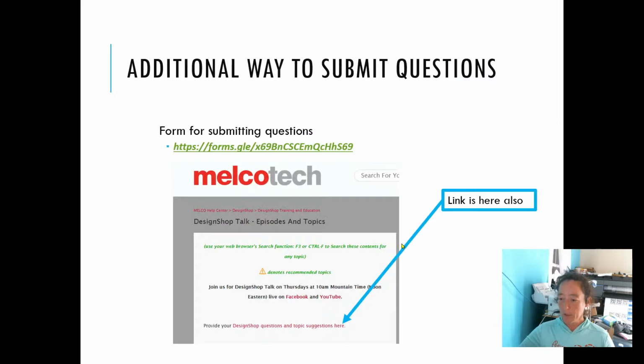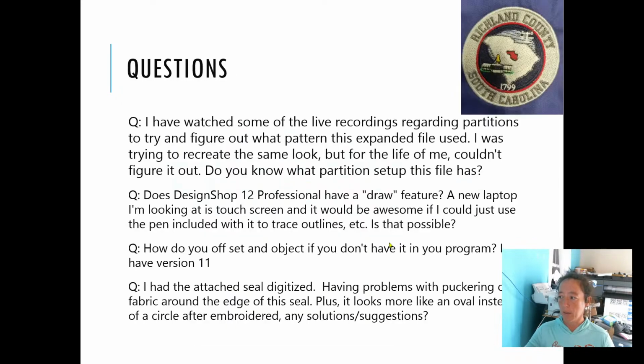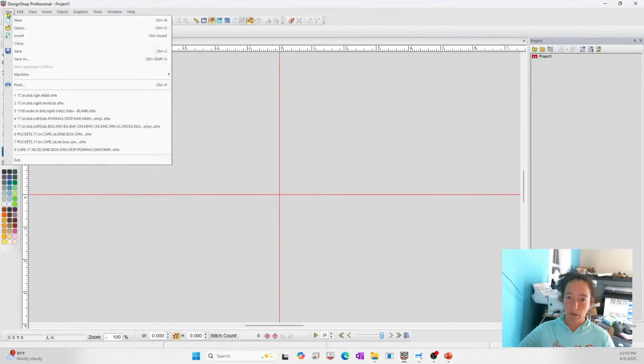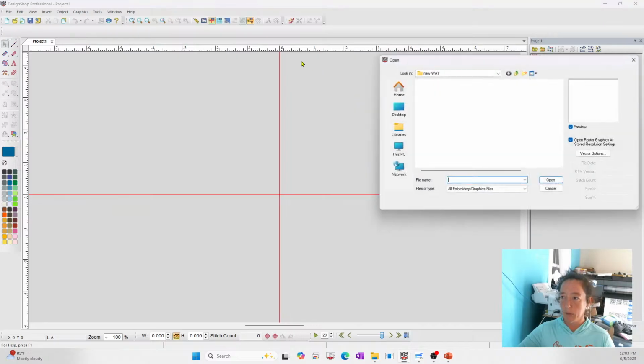Okay, so I'm going to start off on questions that were sent in ahead of time. There was one: I watched some videos of live recordings regarding partitions, trying to figure out what pattern this expanded file used. I'm trying to recreate the look, but I can't figure it out. Can you help? All right, so let me go open up that partition file that was sent, and we will go from there. So file, open,